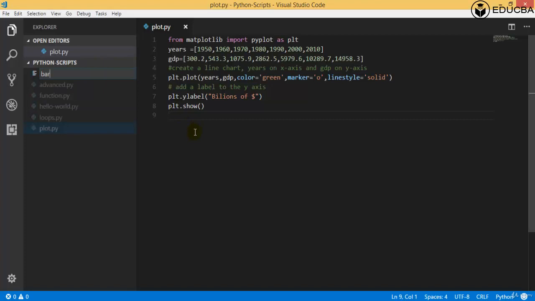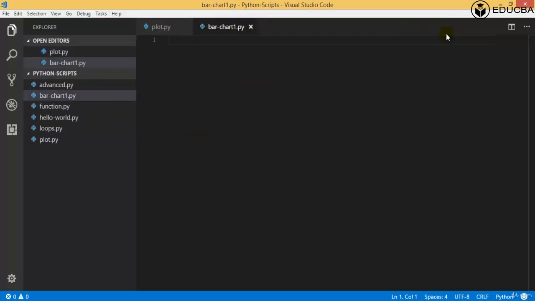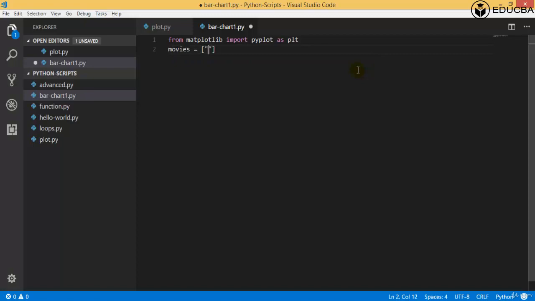The file name is barchart1.py. We'll have two illustrations of bar chart. Coming to the first one, here we will be plotting the movies and the number of Oscars which they have received. For that, the first thing is importing the matplotlib library. So I'll say from matplotlib import pyplot as plt, and then we will create an array with the movie names as movies equals,